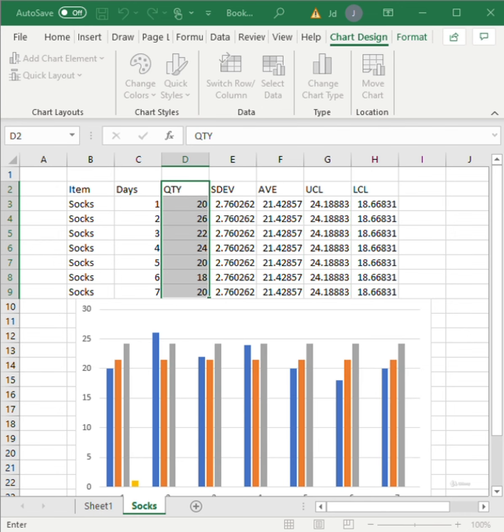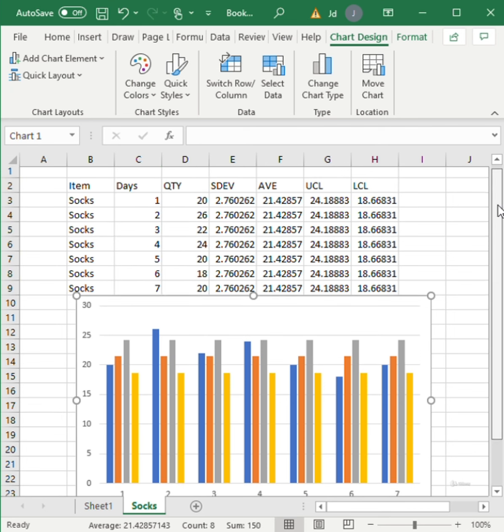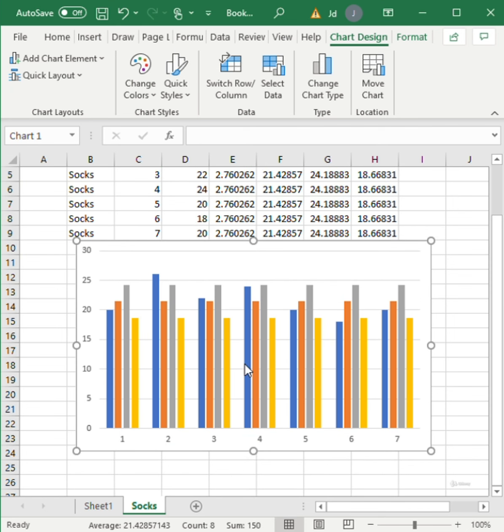We can now add in our lower control limit, always mention LCL, and then we'd select all of the values for our lower control limit as well. We can now edit our horizontal category by selecting the options here with days 1 to 7, and OK. This has now represented as quite a few column charts. If we change the chart type to a combo chart.